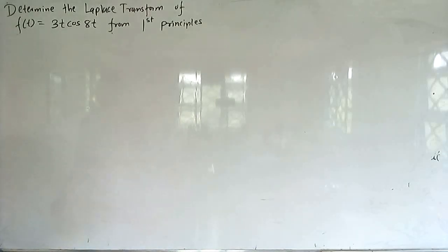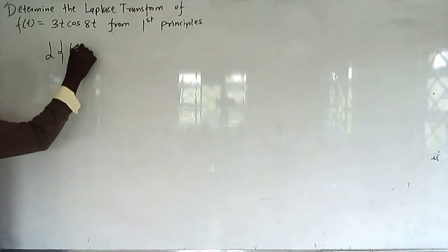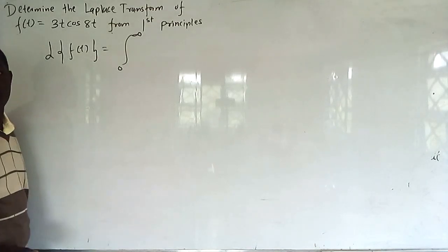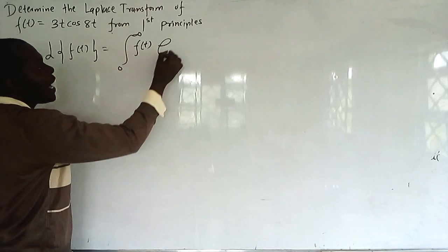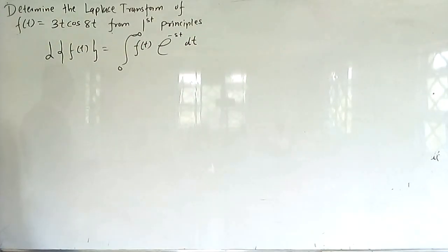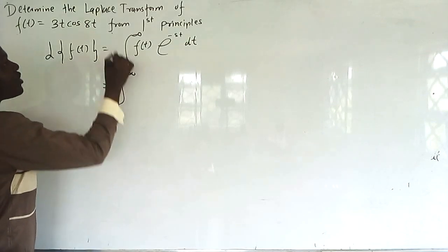Determine the Laplace transform of f(t) = 3t cos(ht) from first principle. You know from first principle, the Laplace transform of f(t) is given by the integral from 0 to infinity of f(t) e^(-st) dt, isn't it? Now there, what is your f(t)? f(t), you've been told, is